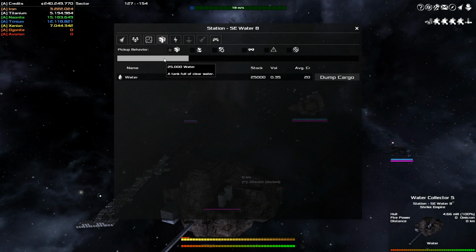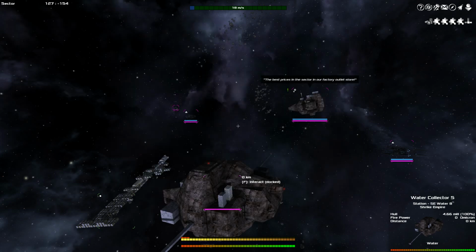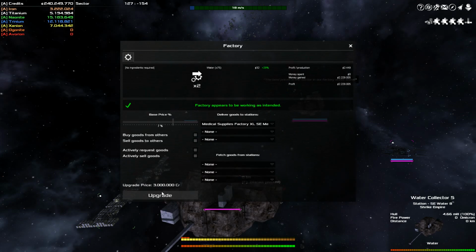So I have 25,000 water. I want to make sure there's always enough, that this thing's producing enough water. To do that, this is where that whole production line comes in. Since I'm producing enough water for the station at the med center, and I'm also producing enough water to sell, I don't need to upgrade anymore